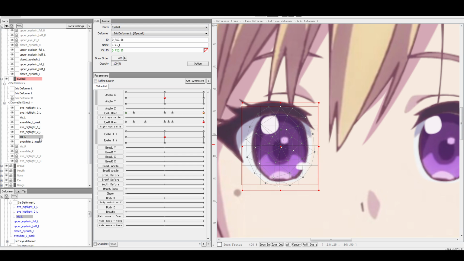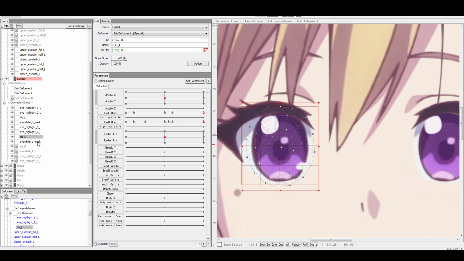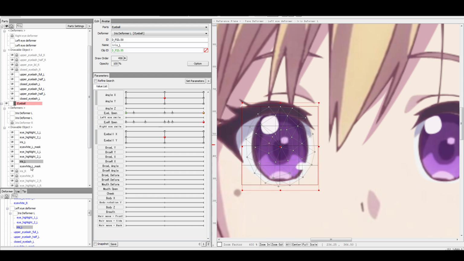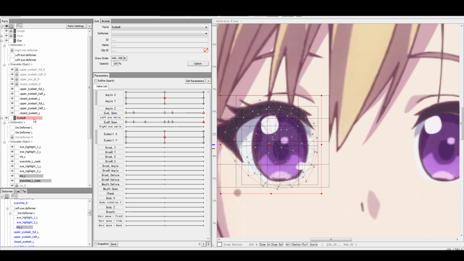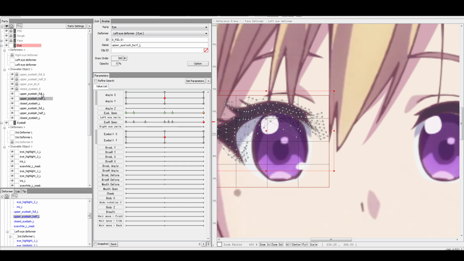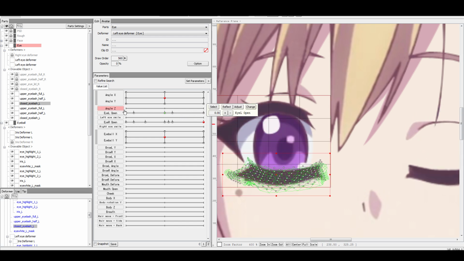And if you're really, really certain of what you're doing, you can select multiple objects and do them all at once. I think. I haven't tried this, but I think it does. Alright, so let's give it a try. Iris, the eye white mask, the upper eye, which one is it? This one? No, it's this one. These? This one, and what is this? Oh, that's a closed eye. Okay, so